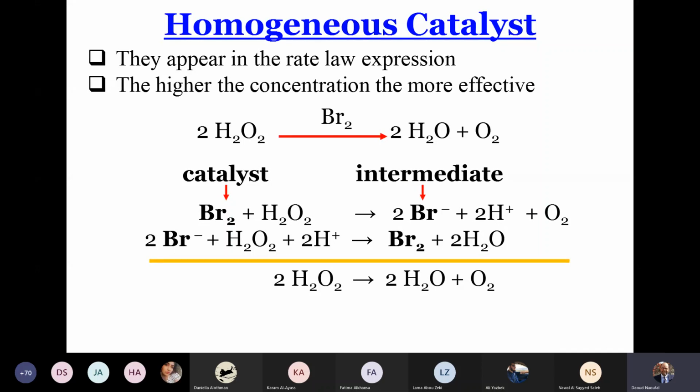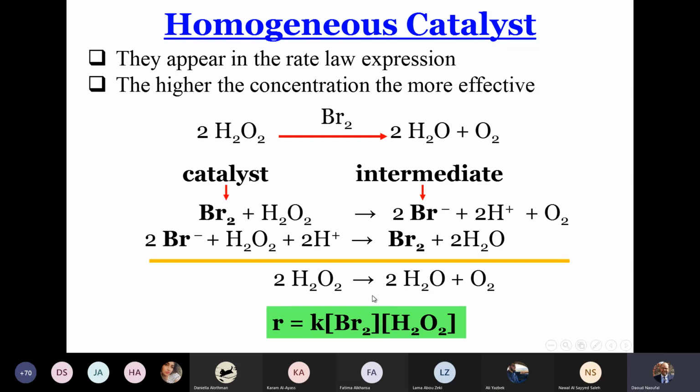So the catalyst appears in the reactants and appears in the products, so it does not appear in the equation of the reaction. The intermediate is a substance that appears, then disappears. So this is the intermediate, and the experimental rate law